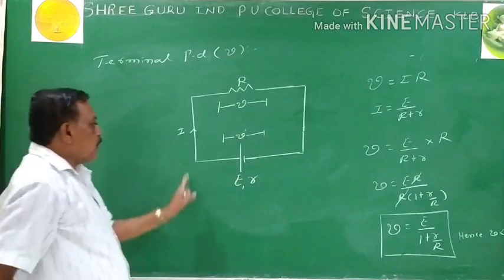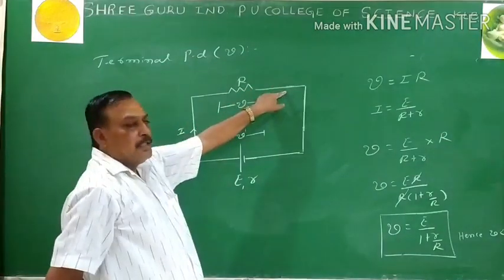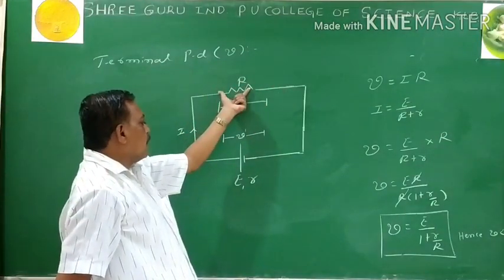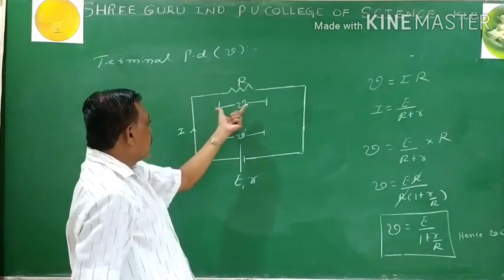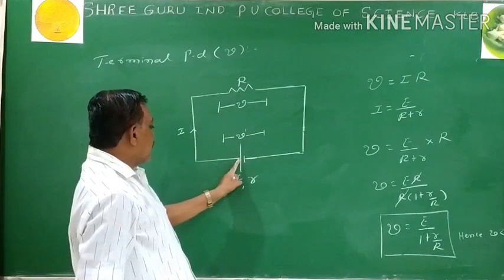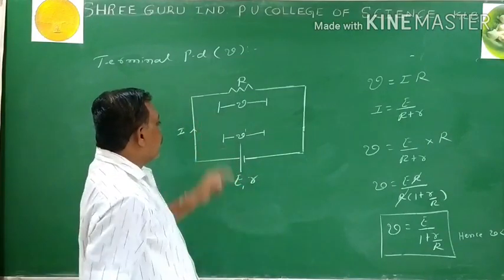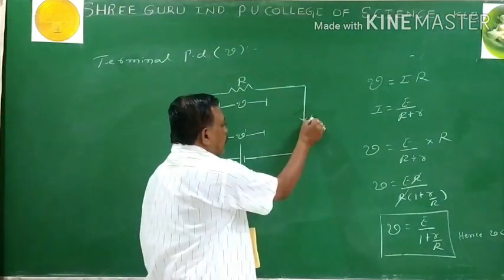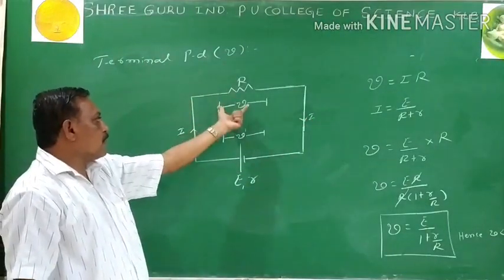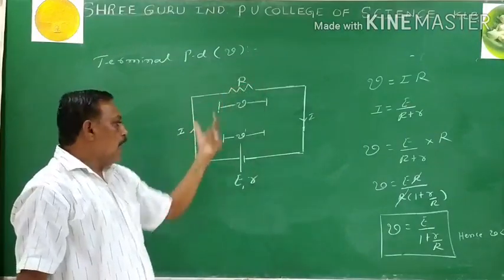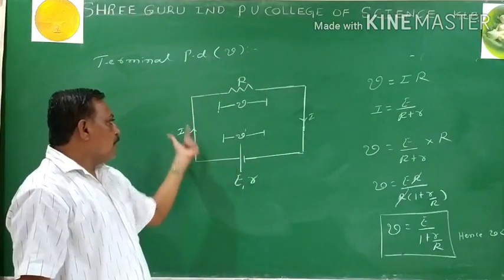To maintain the potential difference, I need the conductor. I take the conductor of resistance R and the cell is maintained across the ends of the conductor. Then a potential difference exists and it continuously supplies the charges and there is a flow of current I. Hence, EMF is a source of current which maintains the potential difference across the ends of the conductor and supplies the current continuously in the circuit.